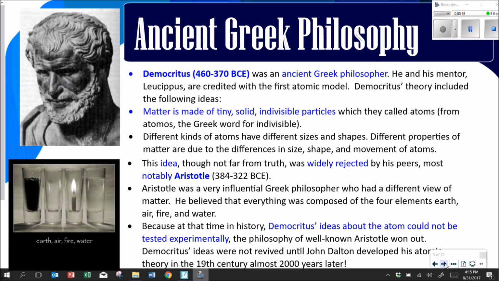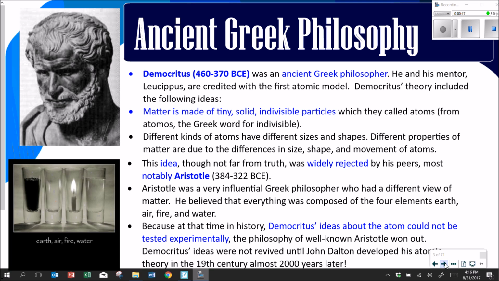The particle theory of matter was supported as early as around 400 BC by Greek philosophers such as Democritus. Democritus theorized that matter is made of tiny, indivisible particles called atoms. And guess what? The word atomos in Greek means indivisible. Unfortunately, his peers, mainly Aristotle, who was extremely influential at the time, did not agree, and Democritus's theories were dismissed